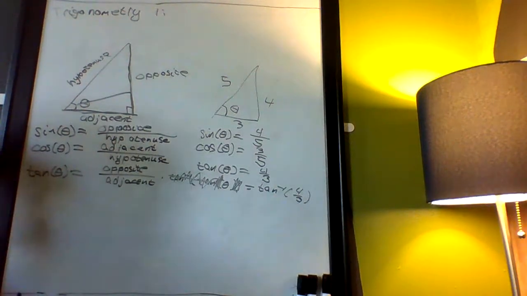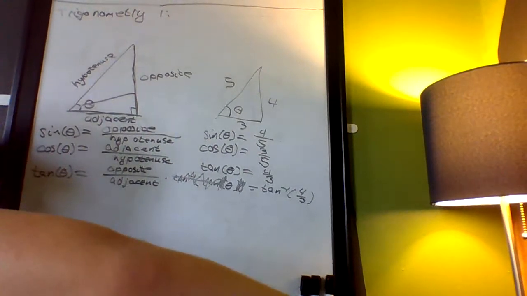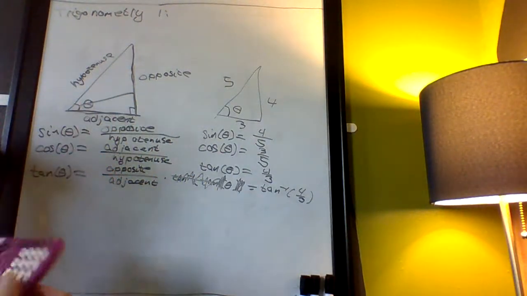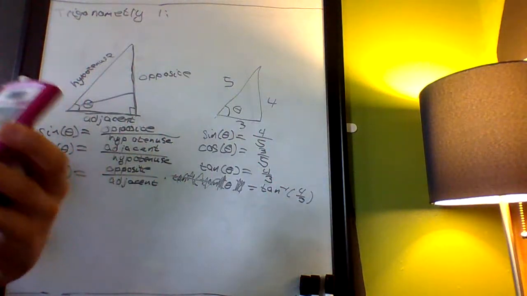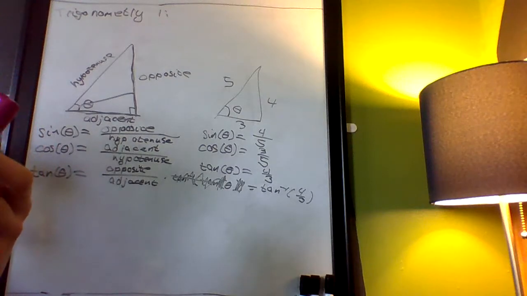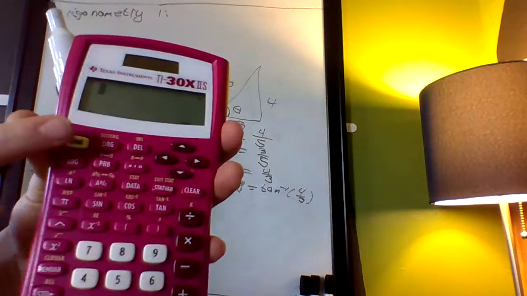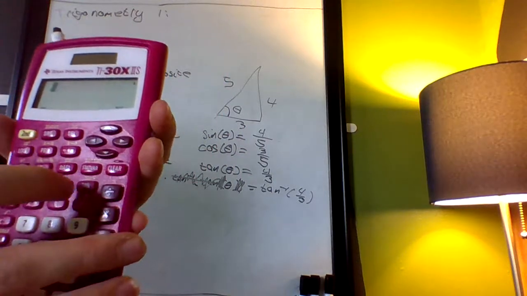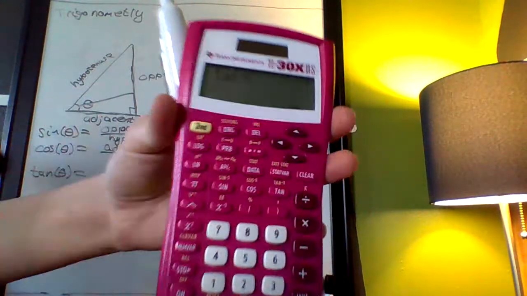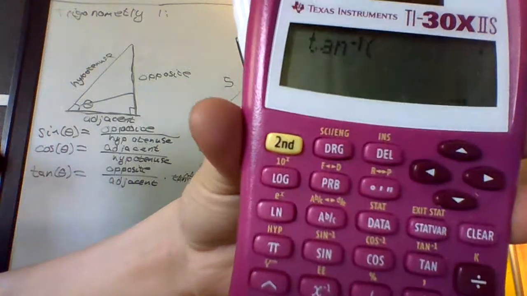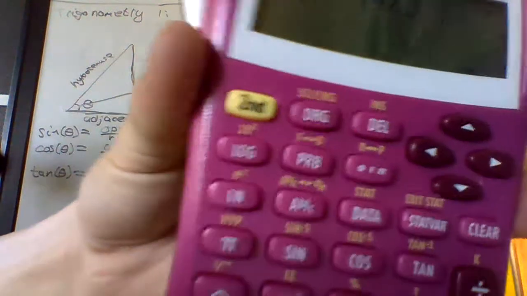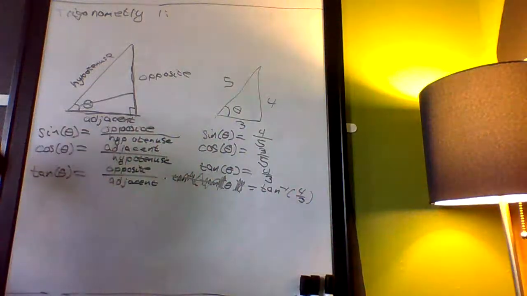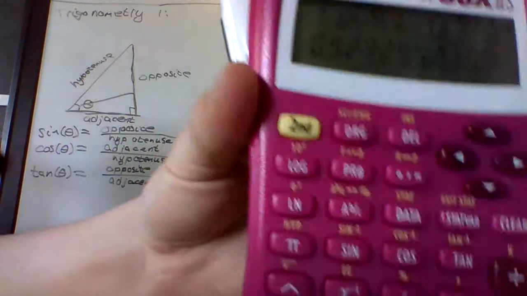So let's get out a calculator. Here, it's a nice pink calculator. Let's turn it on. Let's hit second, then the tangent button, the TAN. Now let's apply this on 4/3. Okay? Hit enter, and we get